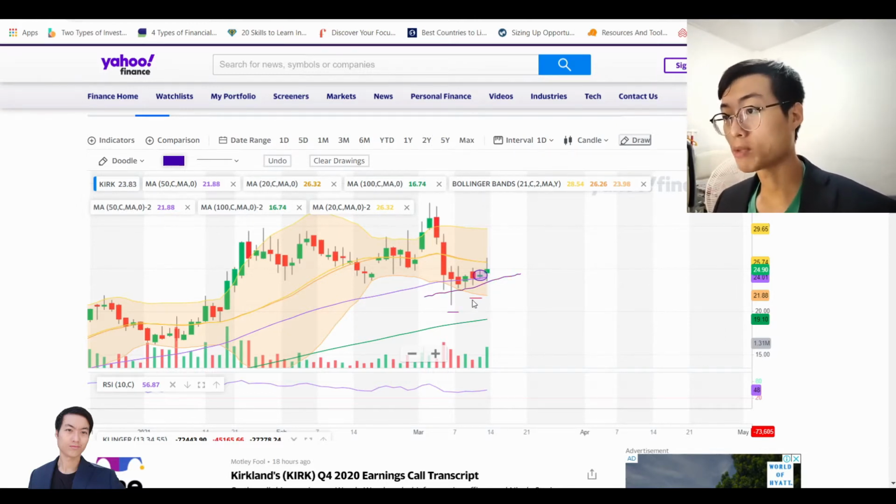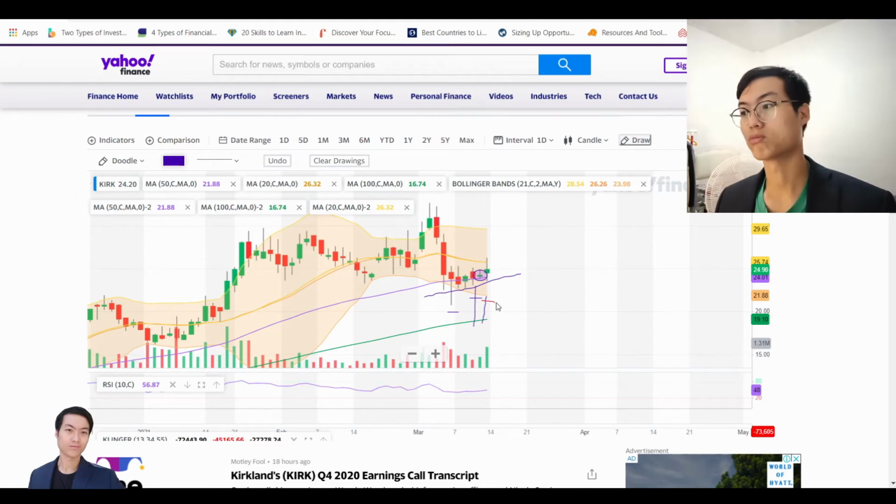Even if you get stopped out early, sometimes, for example, if the market makes a violent swing, boom, goes through like this, then you get stopped out, then it's okay. Wait for the market to come back to you, then you can buy back in again. Getting stopped out doesn't mean you cannot get back in again. That doesn't make sense. As long as it goes back to the area of value,